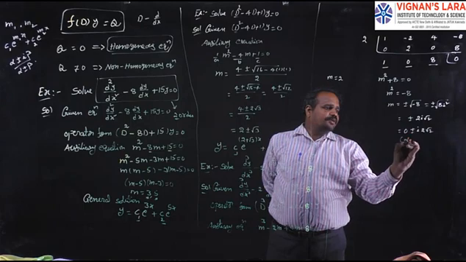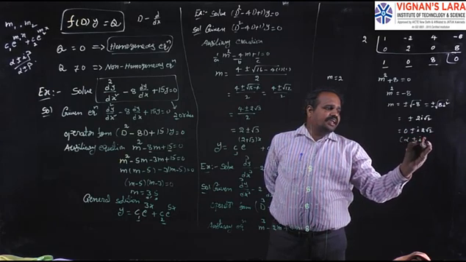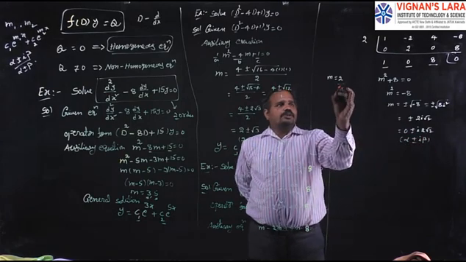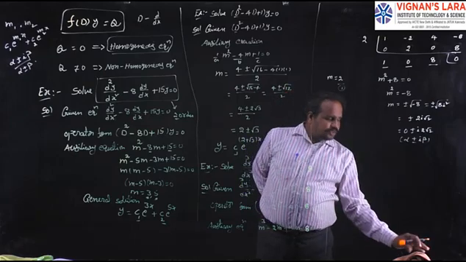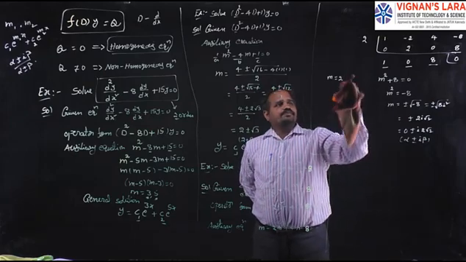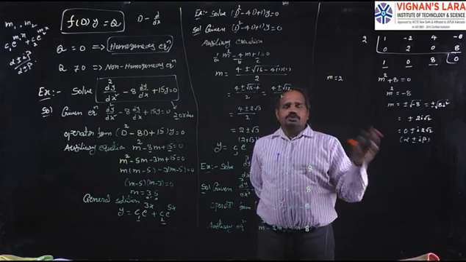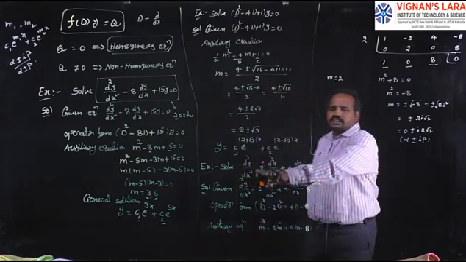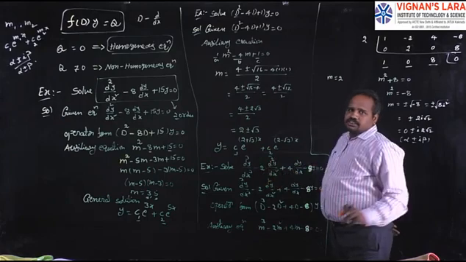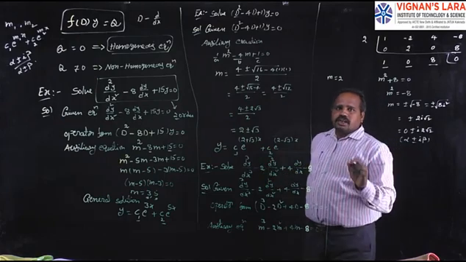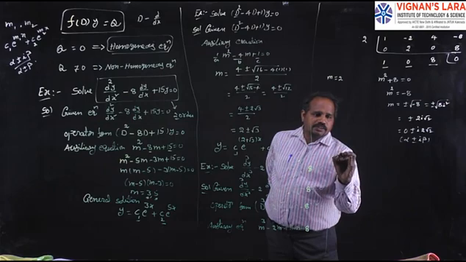They are in the form of alpha plus or minus i beta. So here I got one root, here this is one root, and here we have two roots. So totally three roots. Because of that, it is a third order differential equation. In that way I got three roots. Now we are writing the general solution.